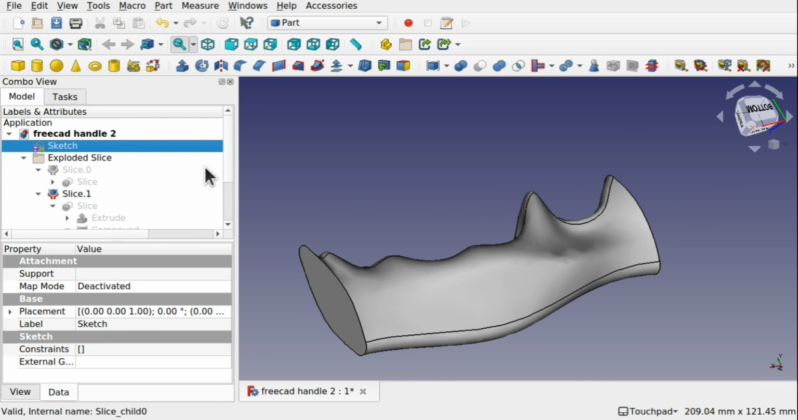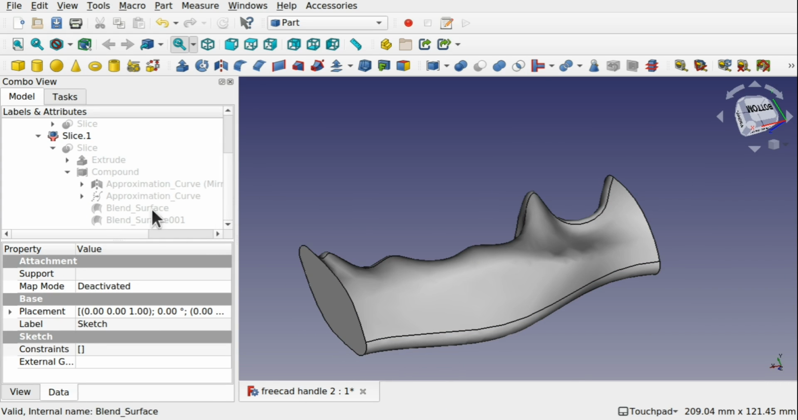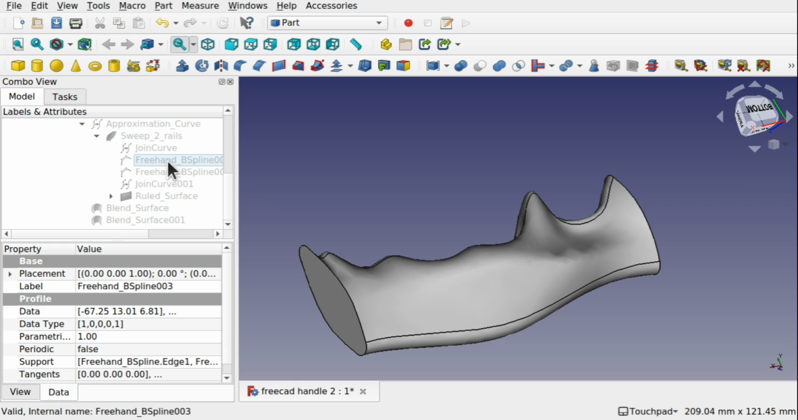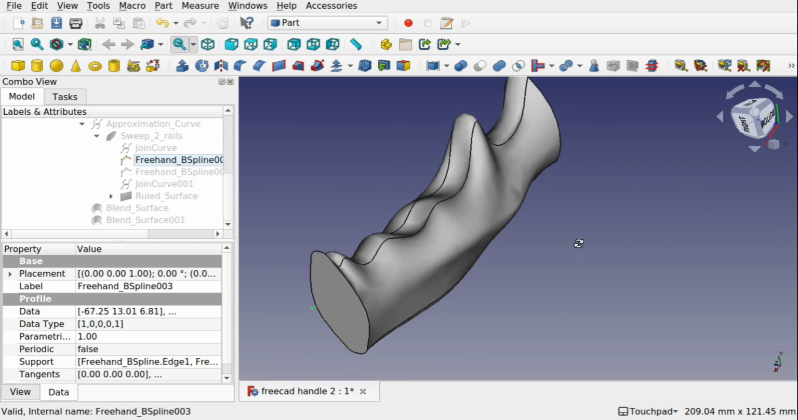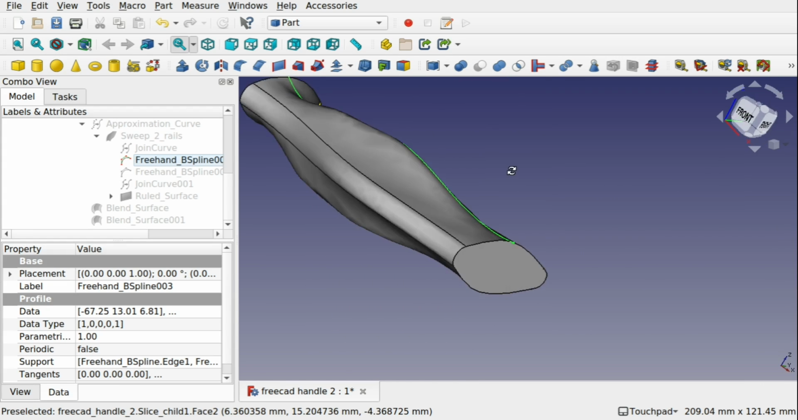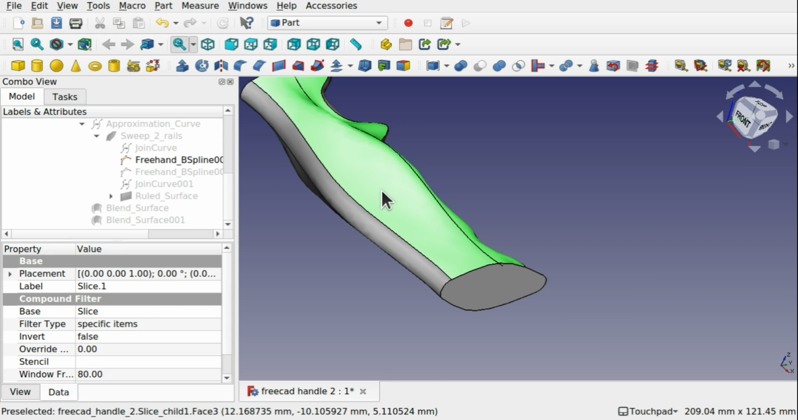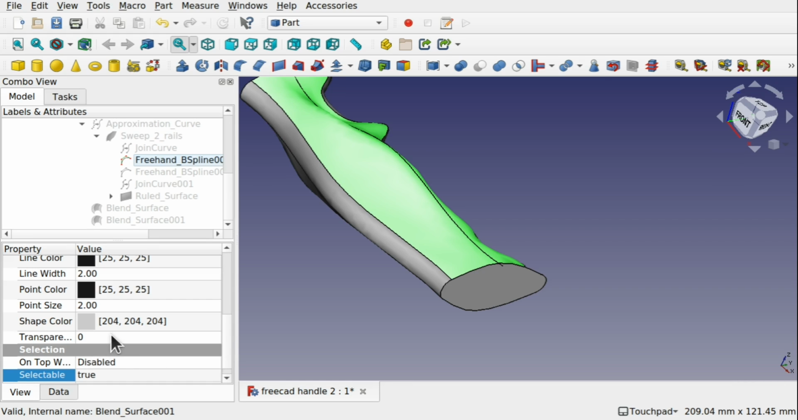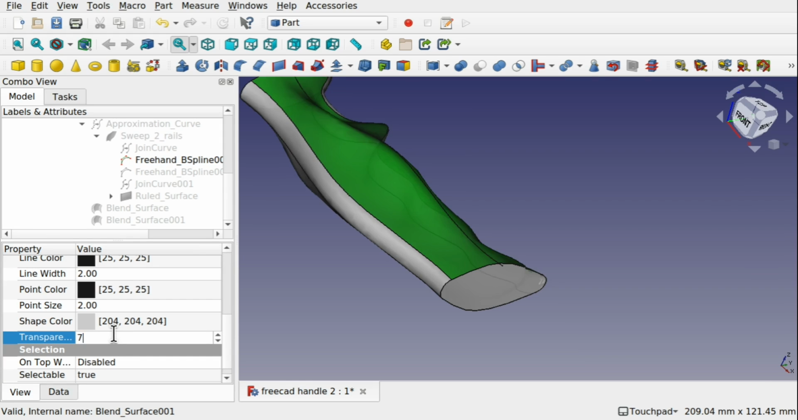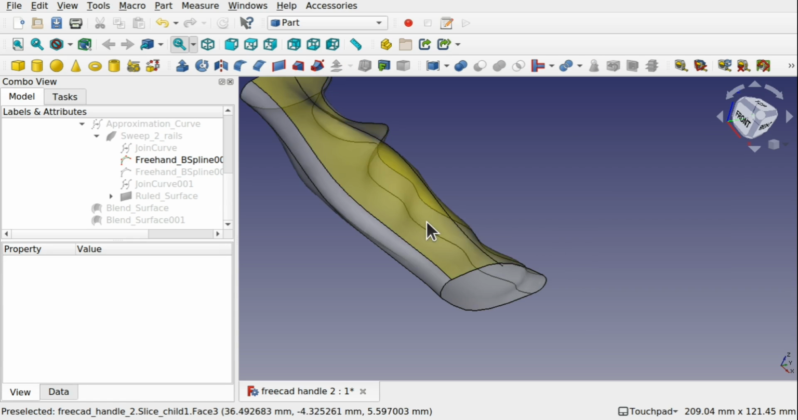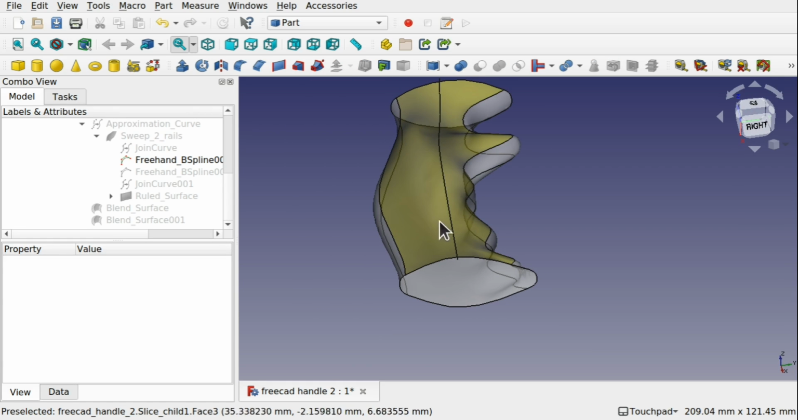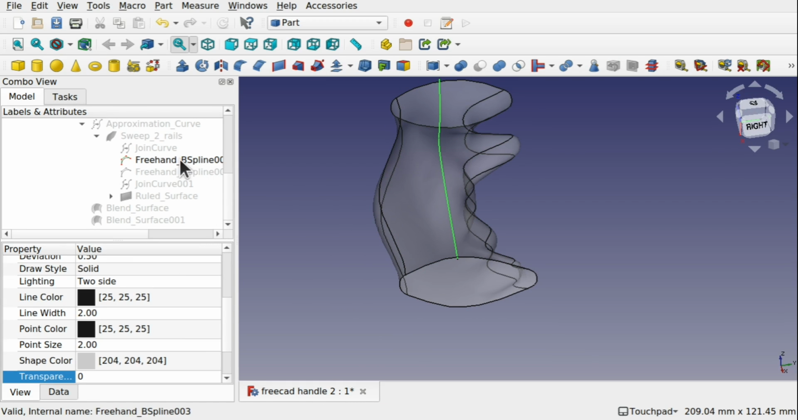And obviously we've got the sides as well. So our approximation curve, our sweep 2 rails come in here. We've got the freehand b-splines which run along the sides, which are going to be along the bottom. And they go there. And a good idea to come into this compound, come down to the data, onto the view, transparency, put this transparency up like 70 so we can see through it. Got that line there. Double click the b-spline